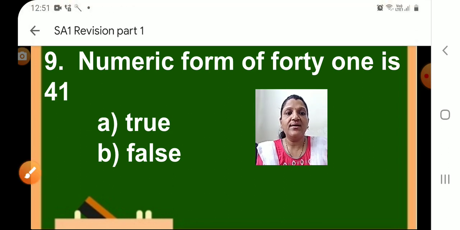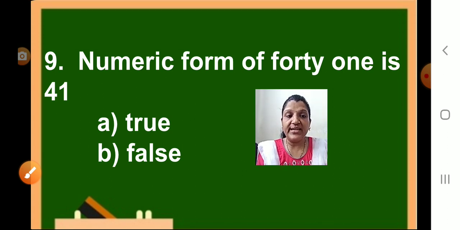So here we have completed revision part 1, which was based on the whole syllabus for the exam. Now in the next session there will be some different type of questions which Reena Miss will be taking. Now for this you have to learn all the questions we have solved in the textbook, and you have to also learn the numbers, number names from 1 to 100 and all the tables from 1 to 5 which we have already done in notebook.